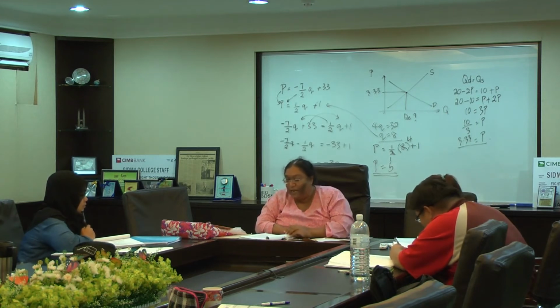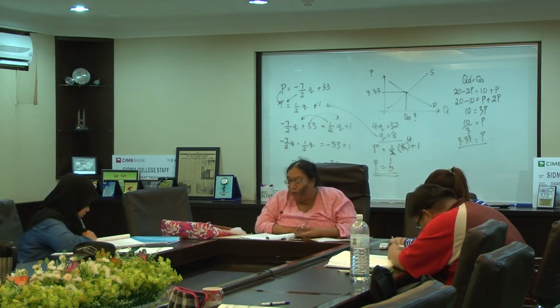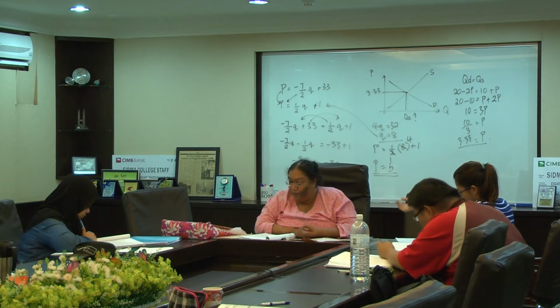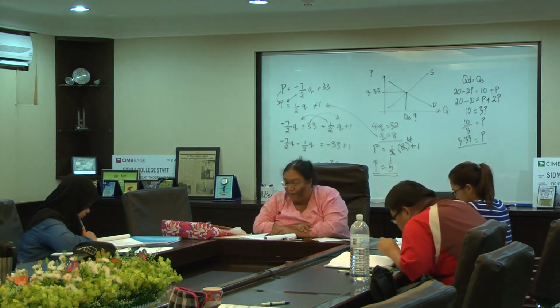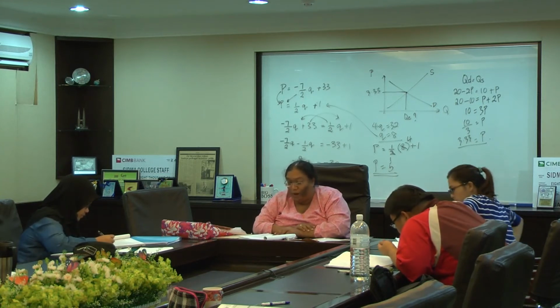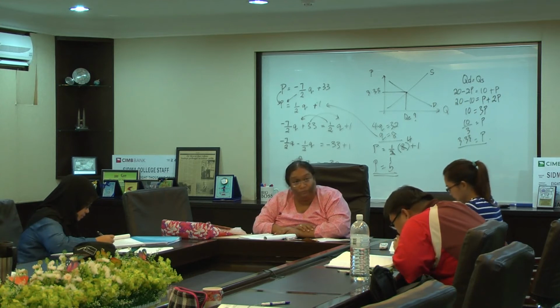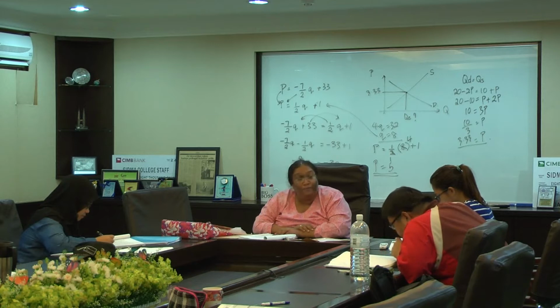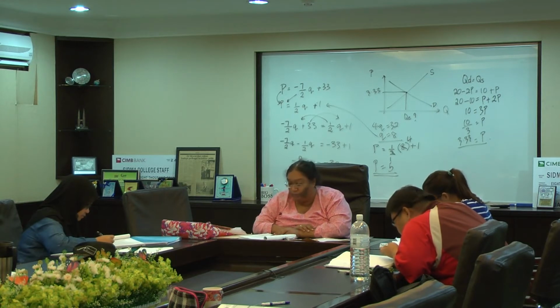Okay, next, income elasticity. We want to measure the responsiveness of demand due to income. Now, if the value of your income elasticity is greater than 1, can you see greater than 1? Then we know the good is a what good? Luxury good, barang mewah. That means that if your income changed 1%, your demand changed more than 1%. So it's a luxury good. Okay?